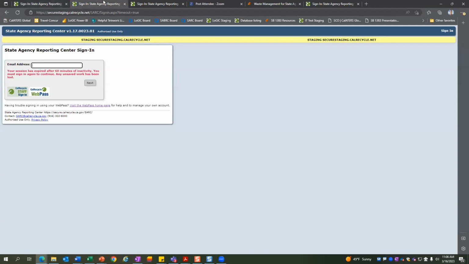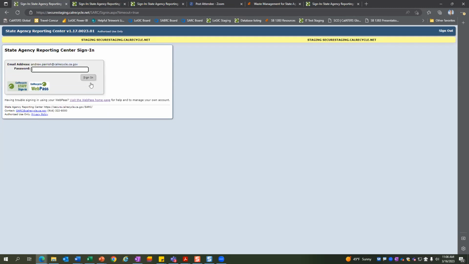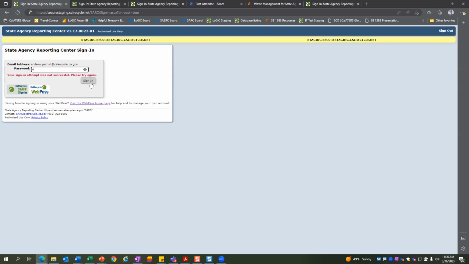Okay. And I'm trying to find, it looks like it signed me out again. I was going to show you one that had a few more options just so you can get a general feel of what it looks like. I can get my password right. It goes a little slow in our staging environment.